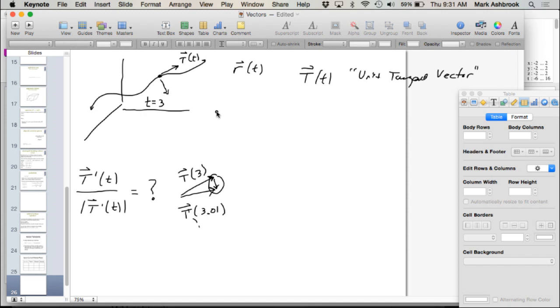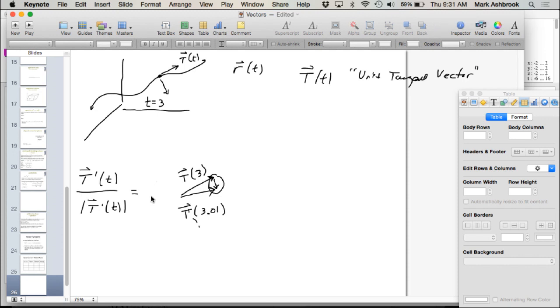Does it make sense? So the rate of change of capital T, or capital T prime, normalized, is just telling us the direction of turning. And the direction of turning now is clockwise, right? If we're turning clockwise, then at that moment we're turning this way. See that? Because we're turning clockwise. All right, so that thing is called